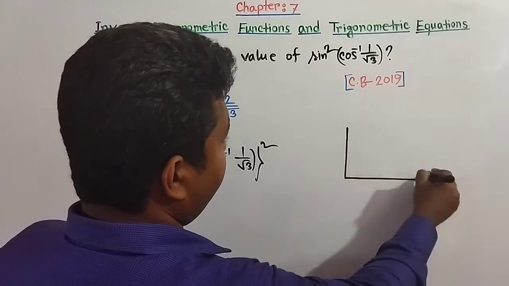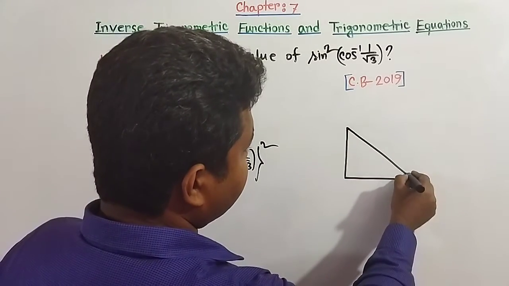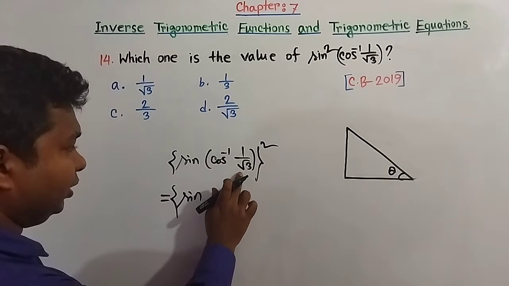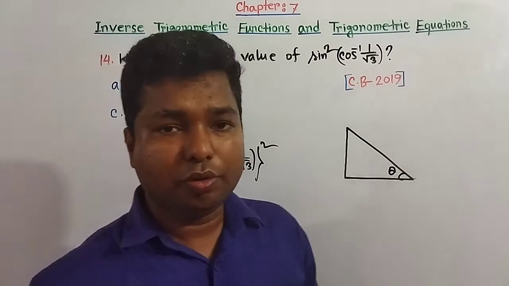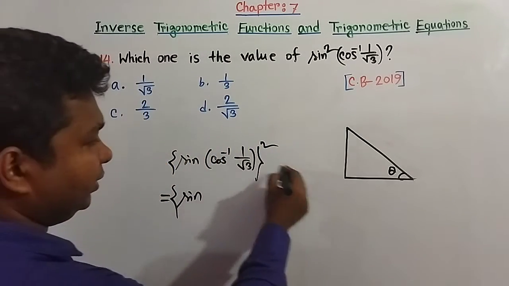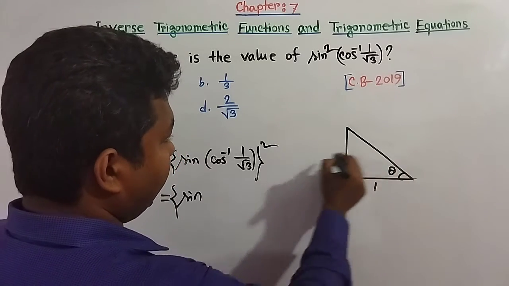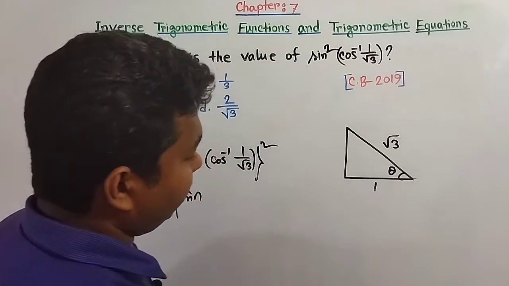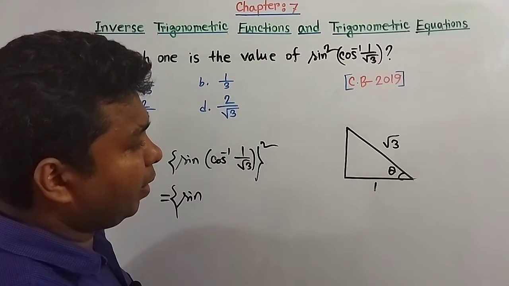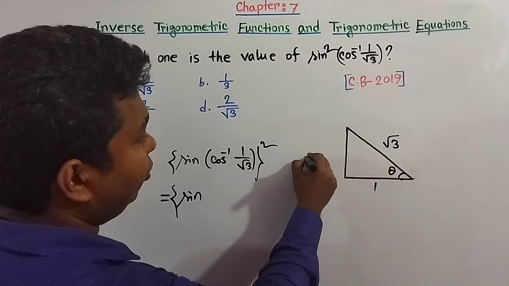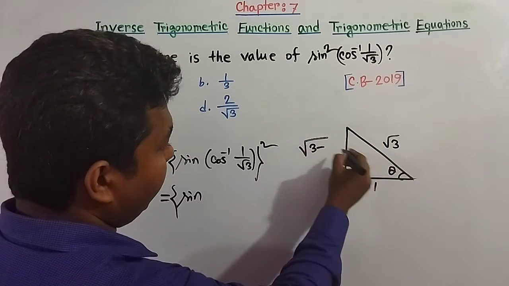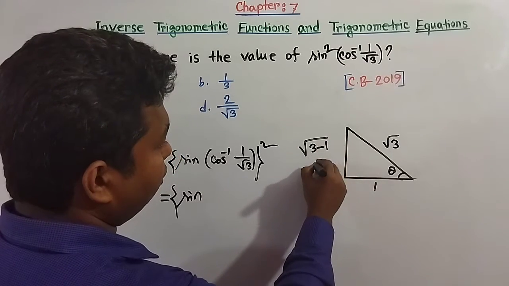By using a right angle triangle, let this be our acute angle theta, then here cos inverse 1 by root over 3, we know cos theta equals base by hypotenuse, so we can consider the base as 1 and hypotenuse as root over 3. Then by using the Pythagoras formula, we can find the value of the perpendicular. Here the perpendicular will be the square root of hypotenuse square, that is 3, minus base square, that is 1,